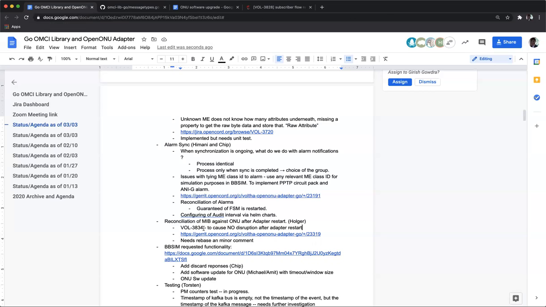Probably we did test for it. Only the internal structures of the adapter are reconciled. That is working for tag profiles, flows, ports, and so on. But what is not considered yet is a smooth or silent reconciliation for PM and alarming. It is not included yet in this patch.